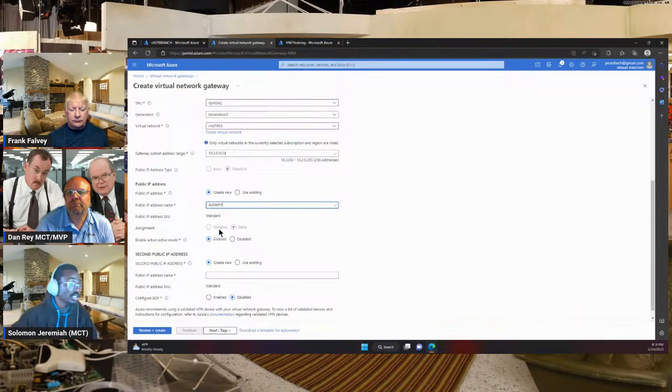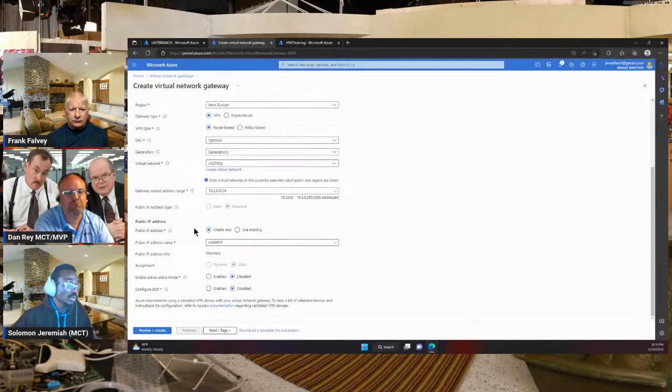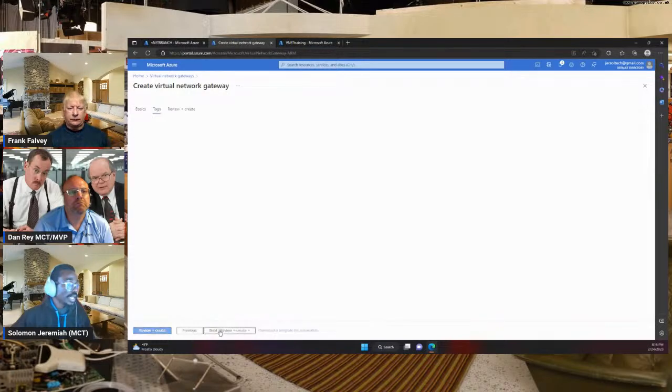Because when you're using this, you have the opportunity to create another IP, right? You can have a failover IP. So I didn't use this for the one I created. I just used the public IP. And for the BGP, I didn't use it also. So what I did, I just went next, and then I created the